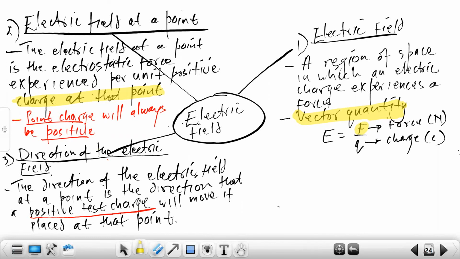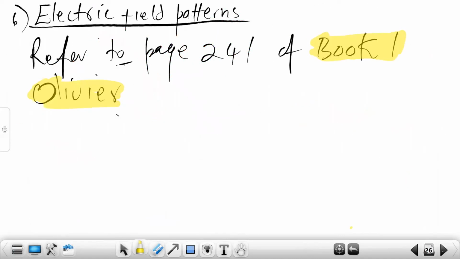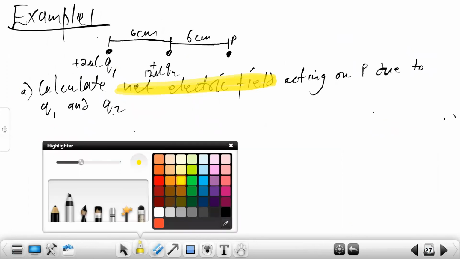So if the force is to the right, the electric field should be to the right. The reason for that is force influences the vector nature of the electric field. Hence, I wanted us to understand this fully. So when coming to this type of equation, it becomes easy